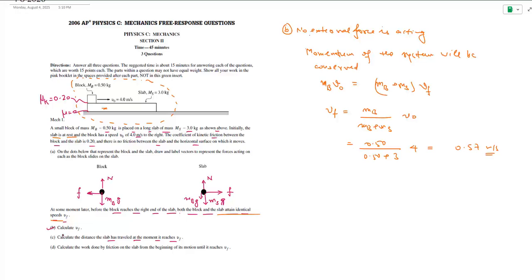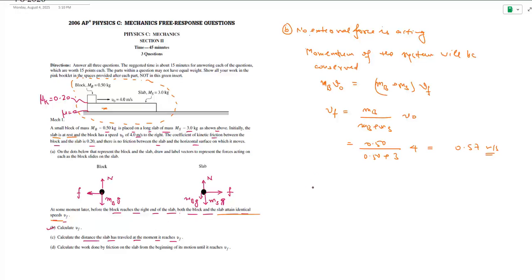Because the block is sliding on the slab, right? Past each other. So if the block is sliding on the slab, then due to which phenomenon will the slab move? Friction. So friction is acting on the block, and the slab also. We are considering the motion for the slab now. We have to calculate the distance